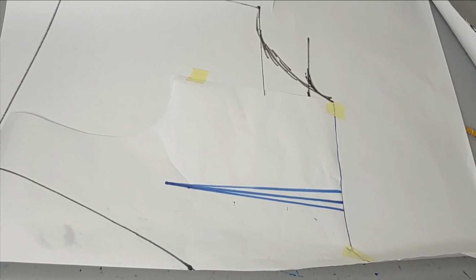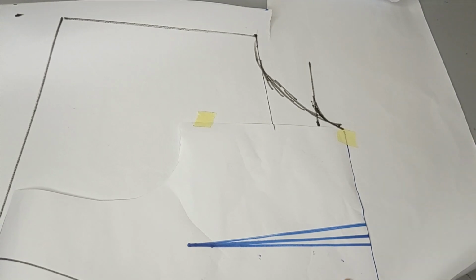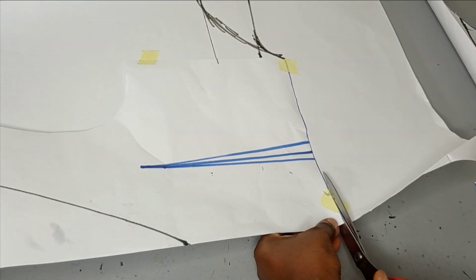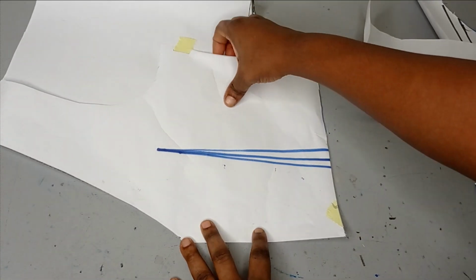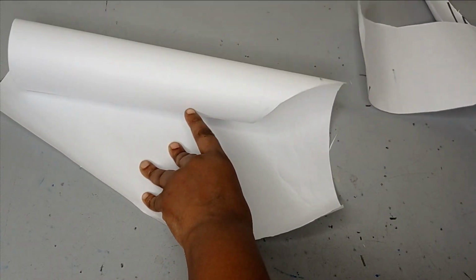So I have this as my back panel now. The next thing is for me to cut out the back panel also, and then we'll go over to cut this on our fabric. I've cut this now, and then I can remove my pattern. I don't need it anymore. Then I'll label this my back,